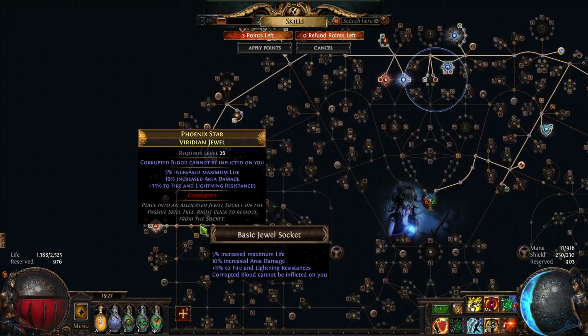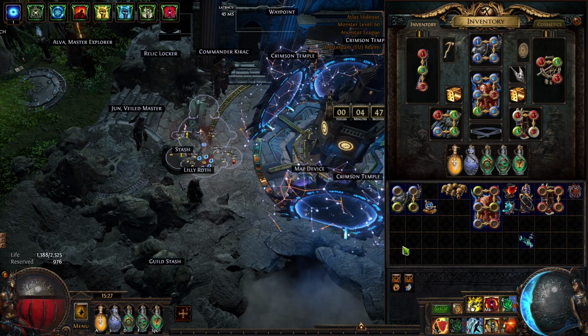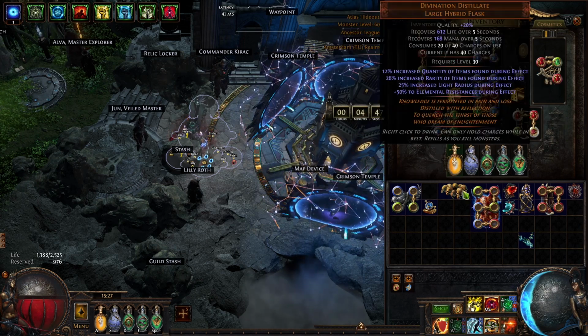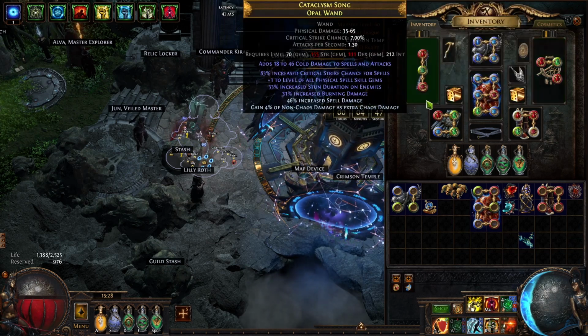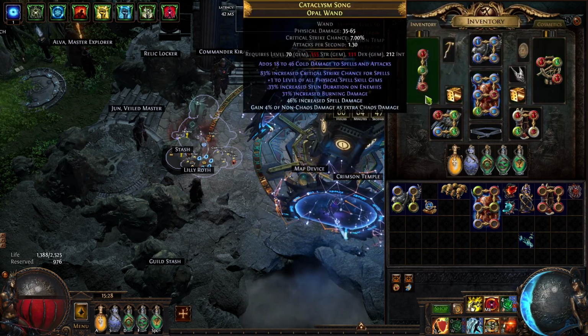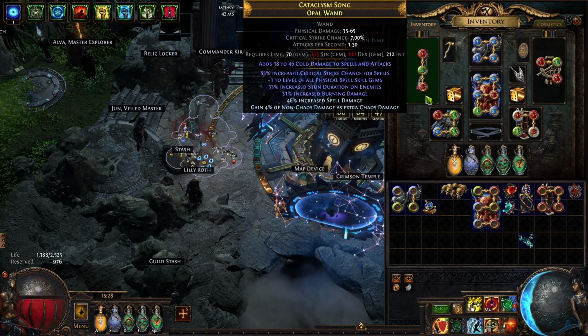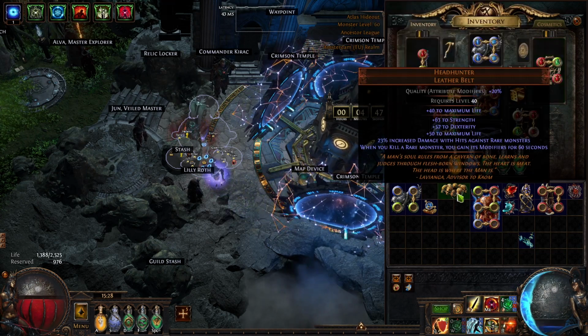Okay, another thing is a corrupted blood jewel. This is very good for us because, yeah, we are a hit-based character, so we will get a lot of stacks of corrupted blood fast. Now let's talk about some upgrades and how I would prioritize my upgrades for this character. First of all, weapons. You can pretty sure upgrade these a lot with a lot better gear and a lot faster. I would not spend though more than 2-3 divines per item